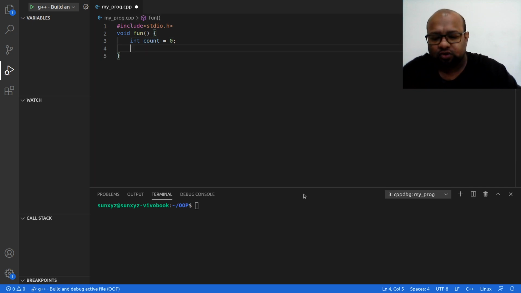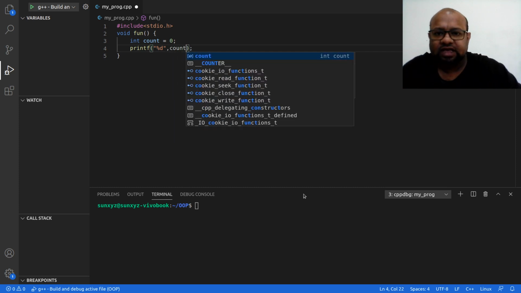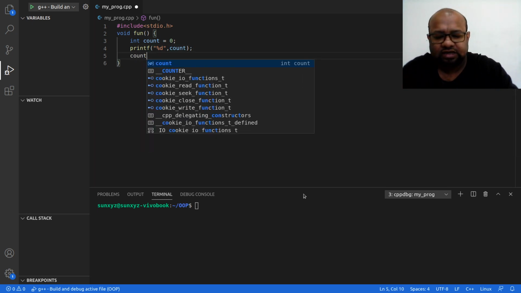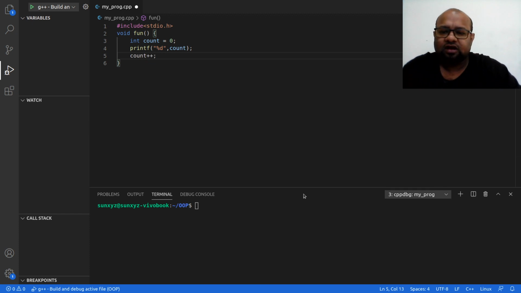Then I am going to print this count, and once I have printed it, I am going to increment the value of count. Instead of doing it in the next line, I am going to do a post increment right here.